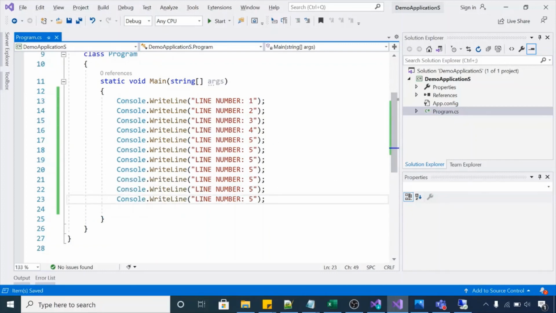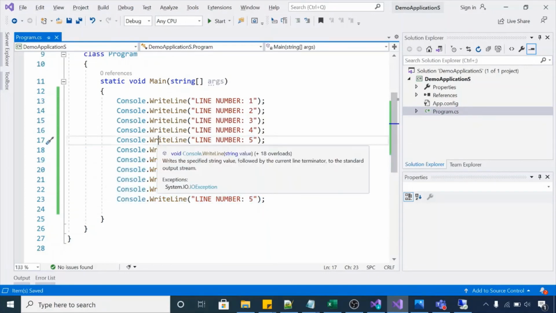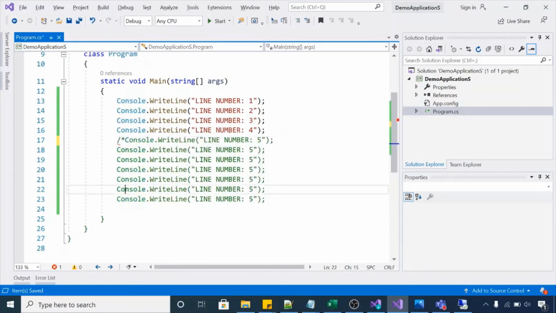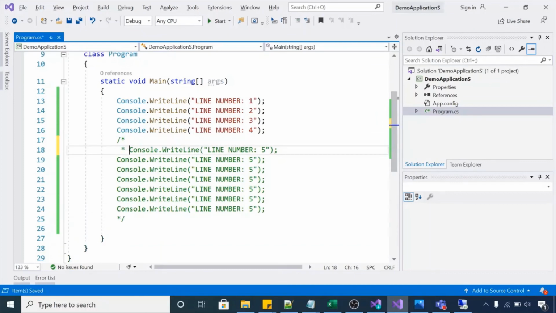In case I have to comment all these lines up to line number 5, I can write this opening statement here and the ending statement here. So in this case we can comment the whole code using only two lines of code.